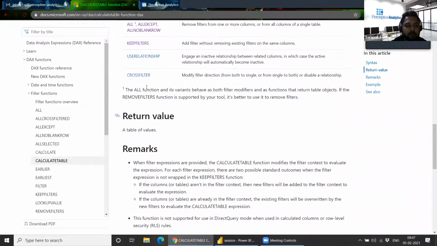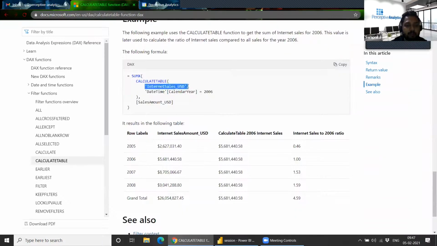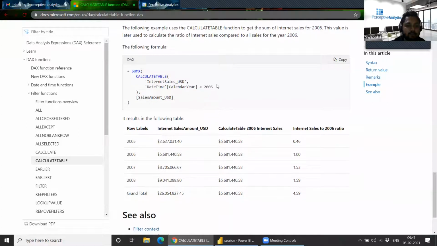In calculate table, you have to give the table name, which table you want to use, and the condition you want to apply on it. So from this internet sales table, I want a new table that has only the records of 2006. So it will create a new table that has only 2006 records. If you see here, everything has the same value that is matching with 2006, because the new table has been filtered from the original table, keeping just this filter condition.